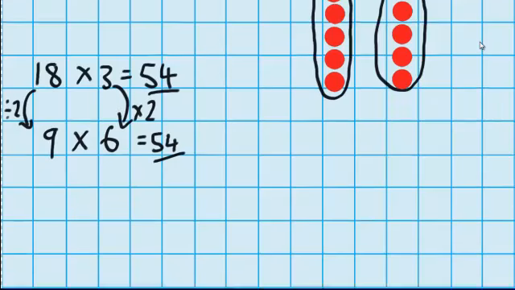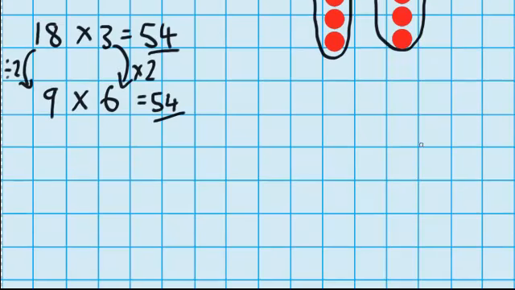Let's try another one. Let's do 50 times 12. Now I need to think which of these numbers will make this question easier if I double them. Well, if I double 50, so I times that by 2, I'd get 100, and I'm really good at timesing